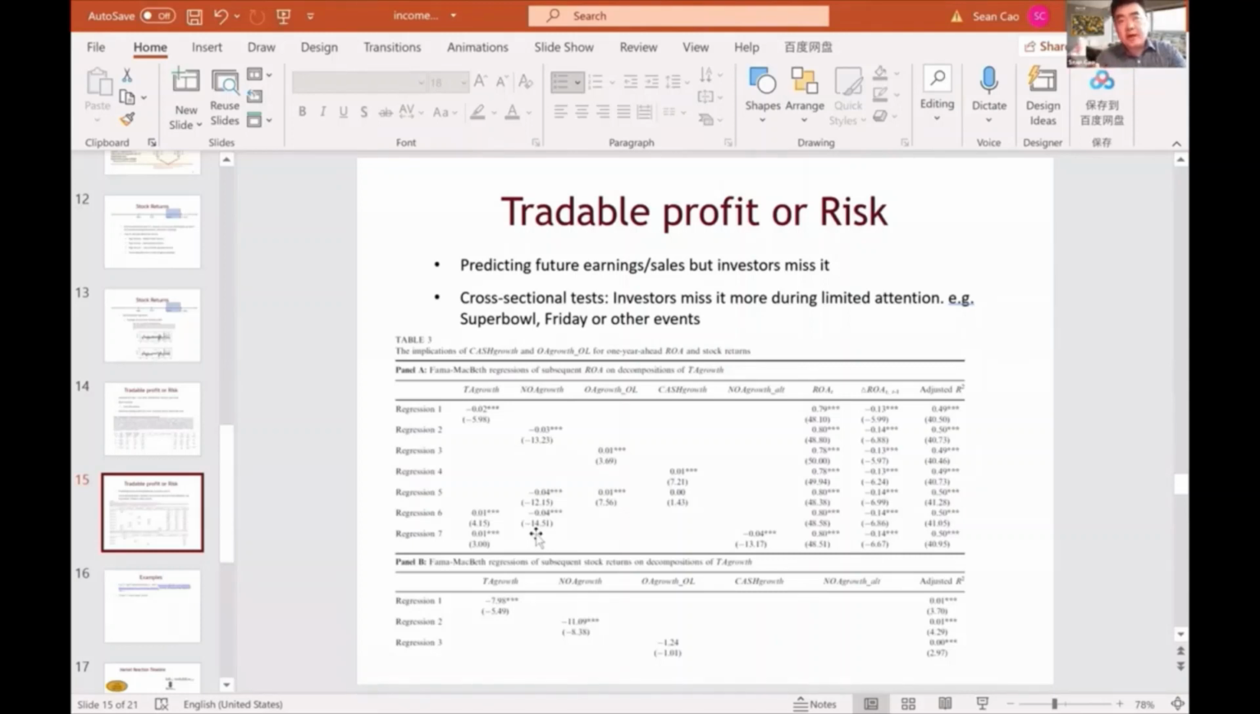So the idea here is how to make sure you know something, some signal that other people don't know. You can test whether it predicts future sales. You can test future stock returns. And another way you can test is you should see a stronger return in the Super Bowl period,